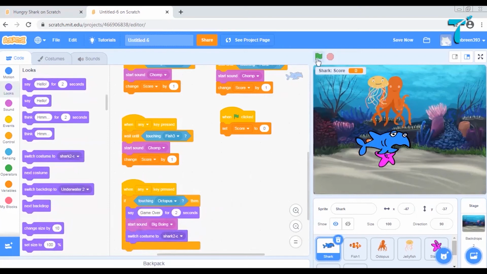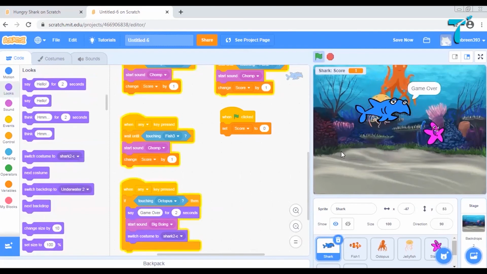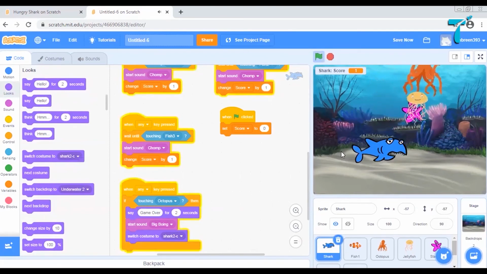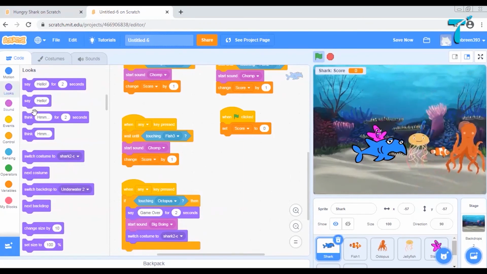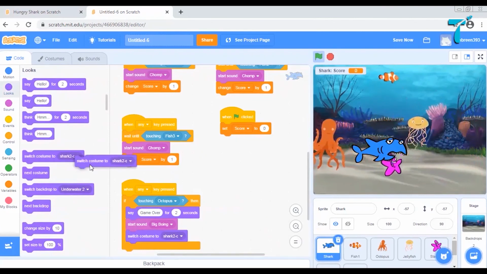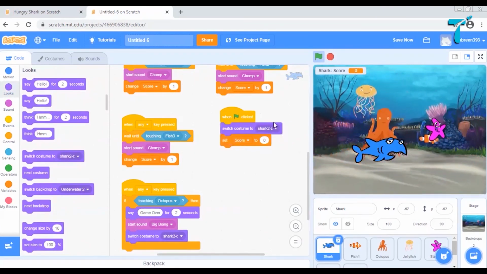Okay, shark C costume is the appearance that I want. But if you see, the appearance of the shark has changed to this, and at the start of the game also, my shark is looking like this. No, I don't want this to happen. So I will again say that when green flag is clicked, my shark should look like a healthy shark, right?